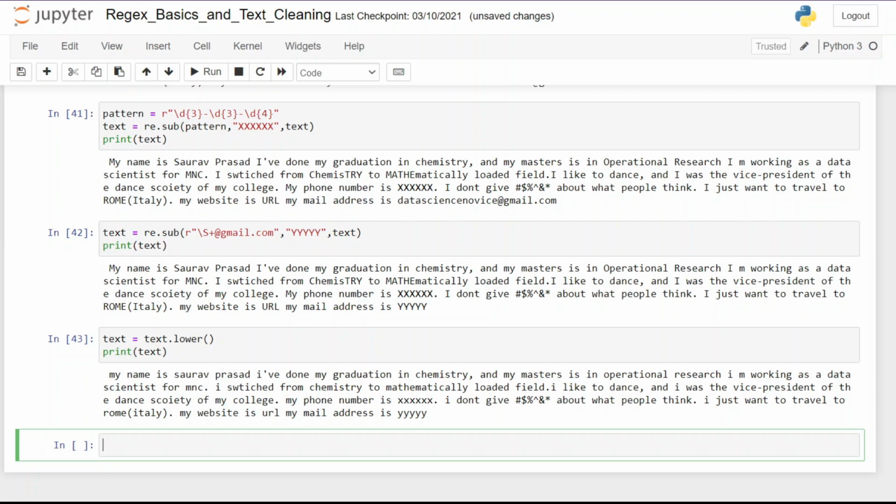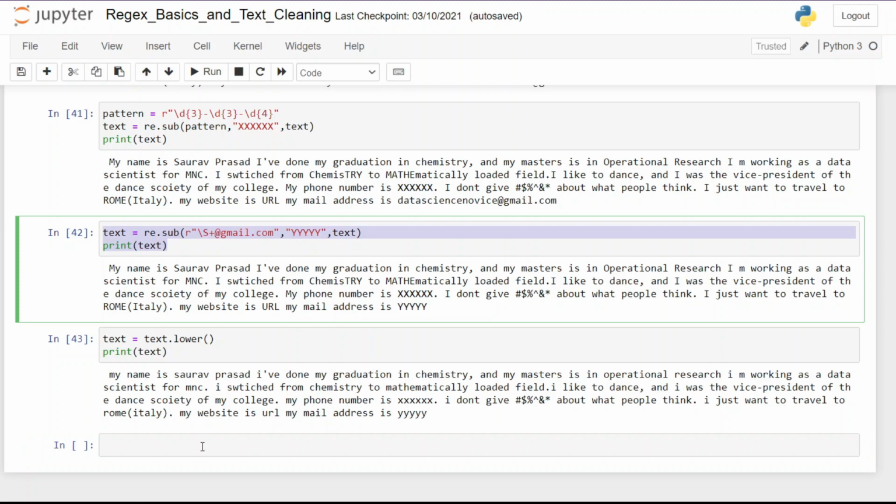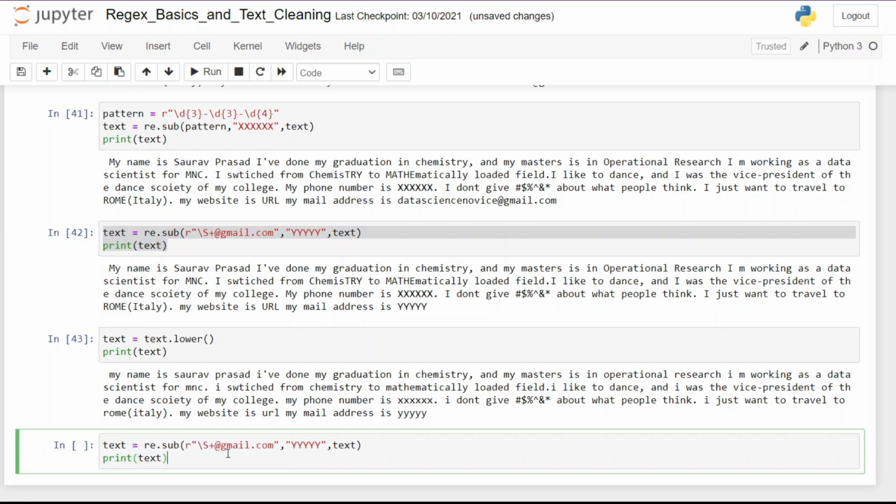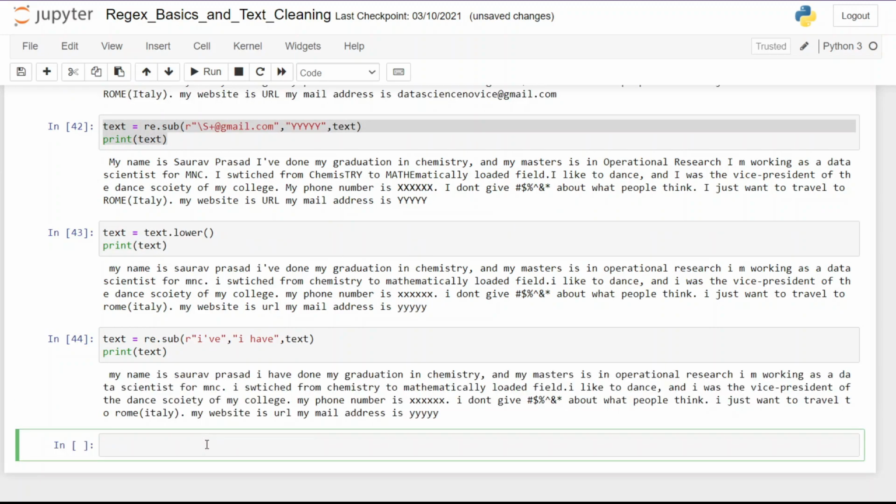Next, we are going to discuss a thing that is very specific to writing style, and you may or may not come across it, but I want to discuss it. Sometimes people write "I have," and sometimes they write "I've," and there are many examples of it, which again is the same thing. This kind of thing happens when we are doing product review analysis. In that case, we have to keep this in mind, as there will be data redundancy. So we are going to replace it with "I have," and notice that I am using small i and not capital I, because I have already used the lowercasing. And here you can see the result.